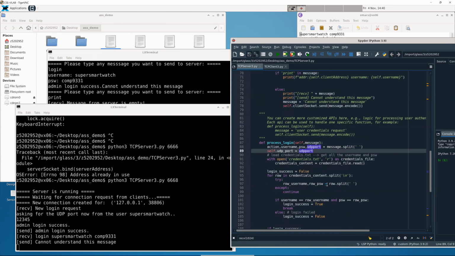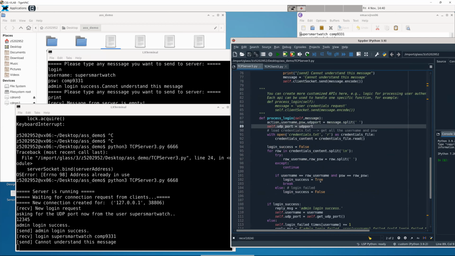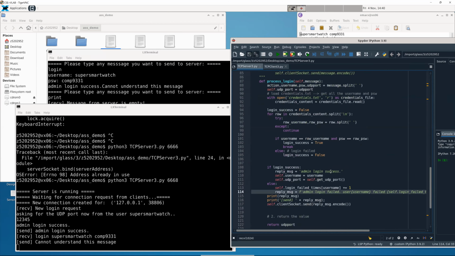And then it's the same. So login success. Yes. And maybe not here. Login success. Then we can just print it. Then we don't need this function anymore. So just print